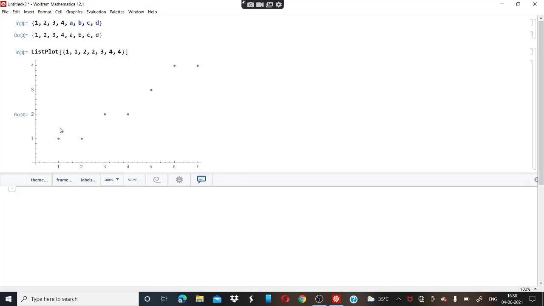You can see here that this is a count for books. The first book is kept in the first place. Let's say this is your bag and this is your first place. So the first book is in the first place. The second book, that is number 1, is in the second place. Another second book is here in the third place. Now the second book is in the fourth place.